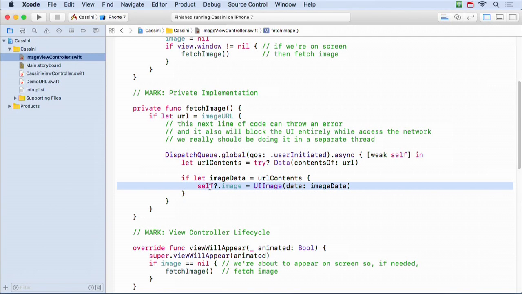So here I've broken this memory cycle beautifully. Now, this does beg the question, surprised no one has raised their hand: how do I interrupt this closure? When I hit back and that image view controller goes away and I'm not interested in Earth anymore, I'm still finishing the fetch of Earth. And the answer is, you can't stop a closure that's been put on a queue. You cannot stop it.